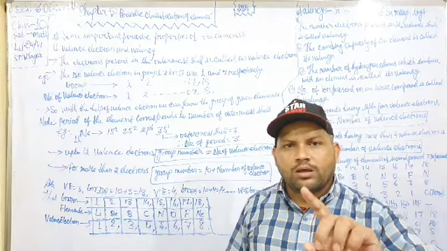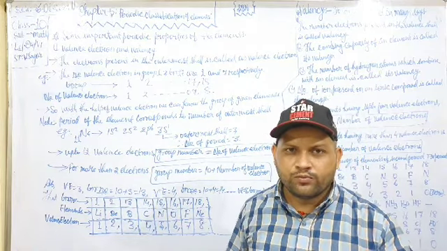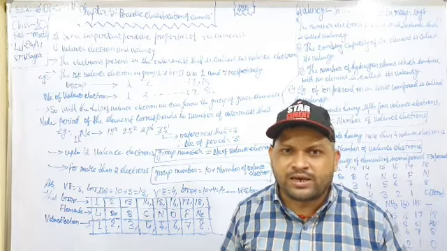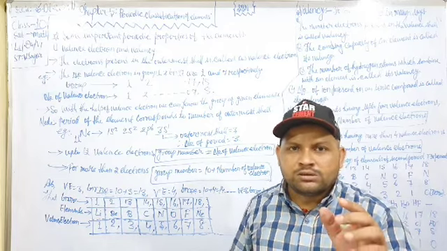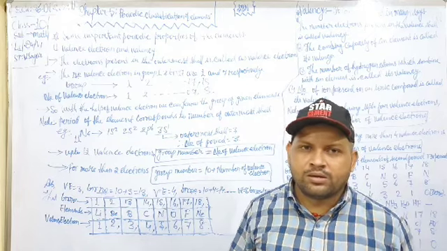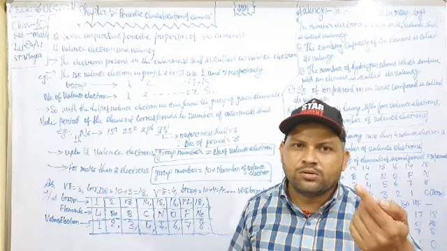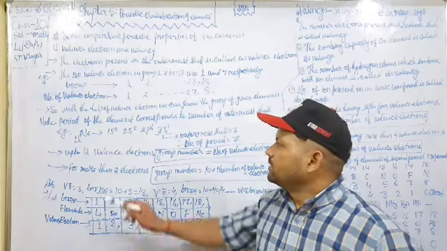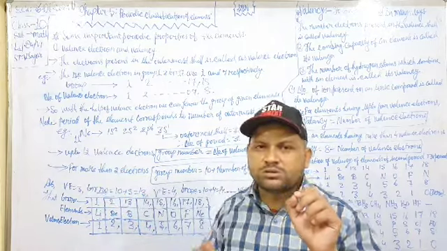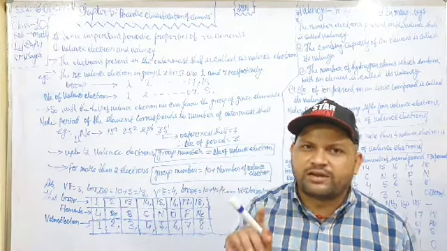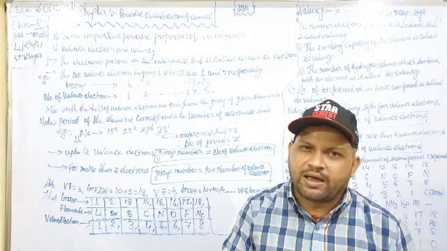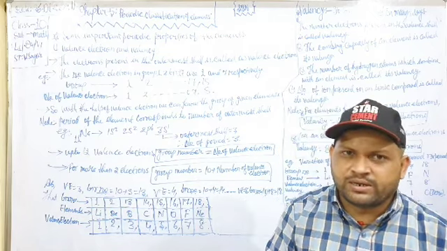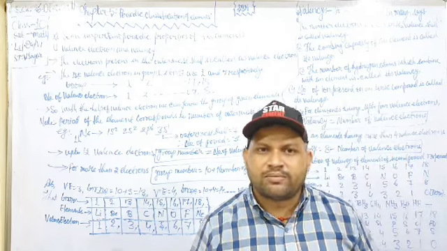Note the period of the element. We can know the group with the help of valence electrons, but how can we know the period? By identifying the orbit number with the help of the electronic configuration of an element. So to find the period, first we have to write the electronic configuration.